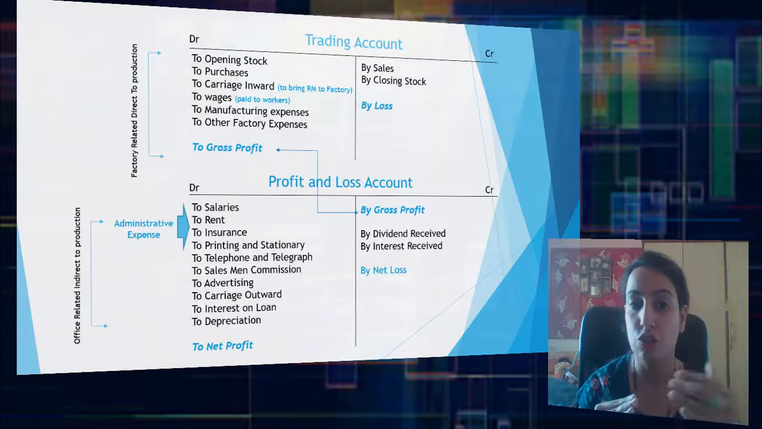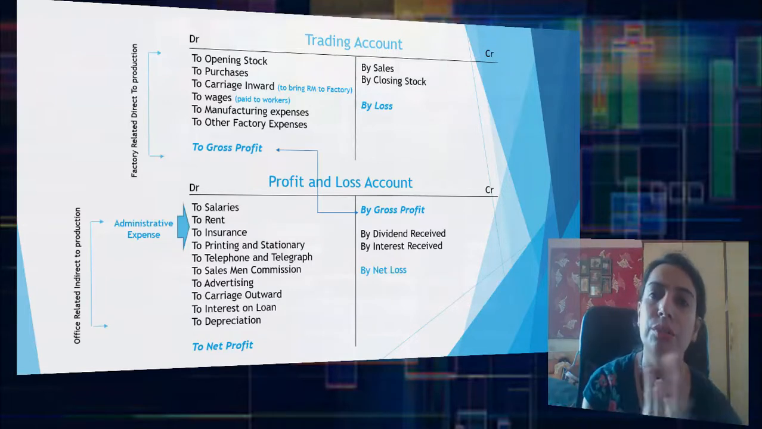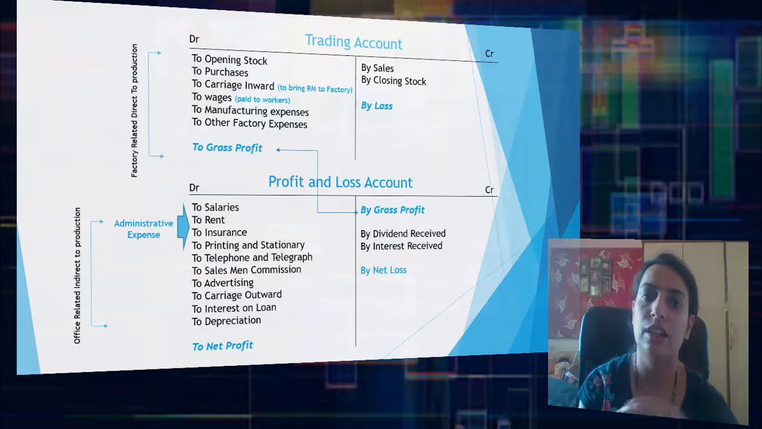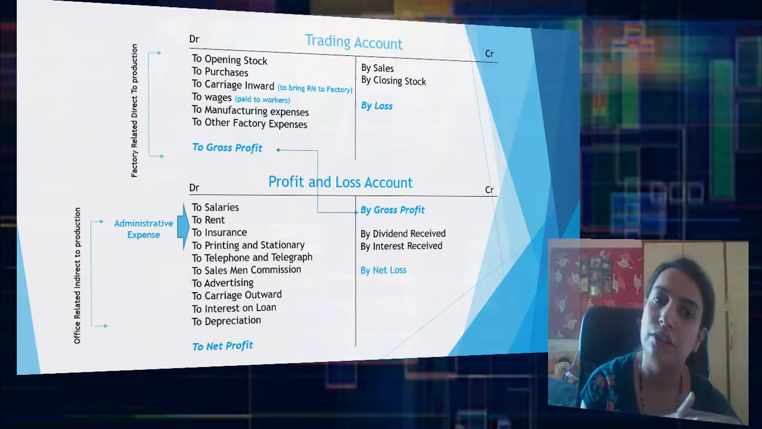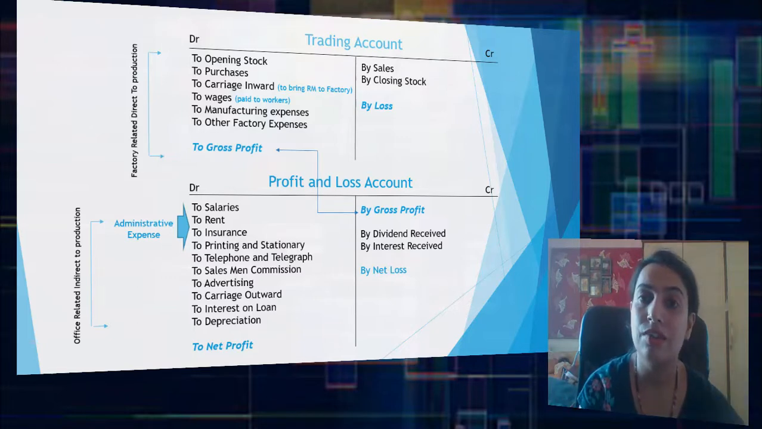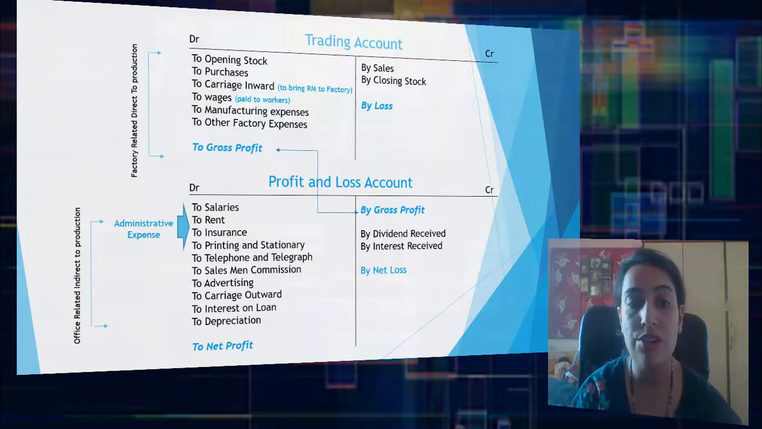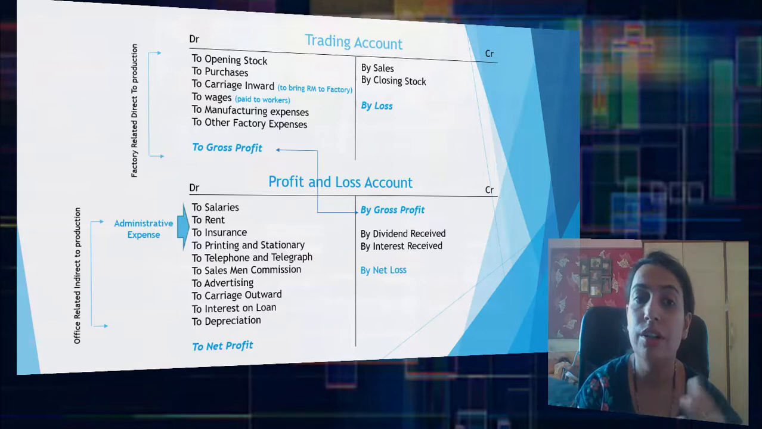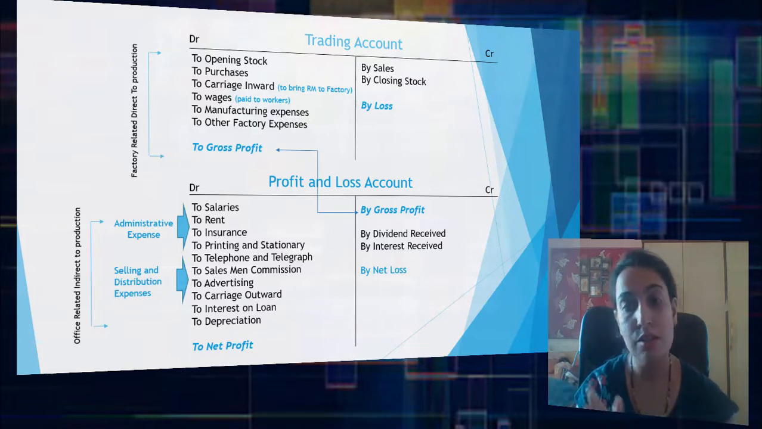Then you can have insurance, and if nothing is specified in the question, then entire rent is going to be your office related expense, and it will be written in your profit and loss account. Printing and stationery, insurance, so all these things which are related to administration will be recorded in your profit and loss account. All those expenses which are related to selling and distribution, because once the goods are produced, आपके